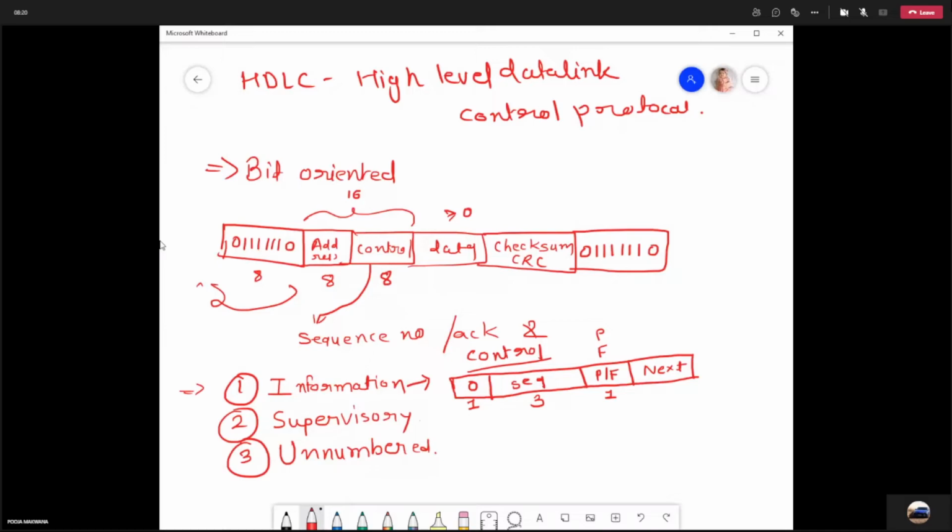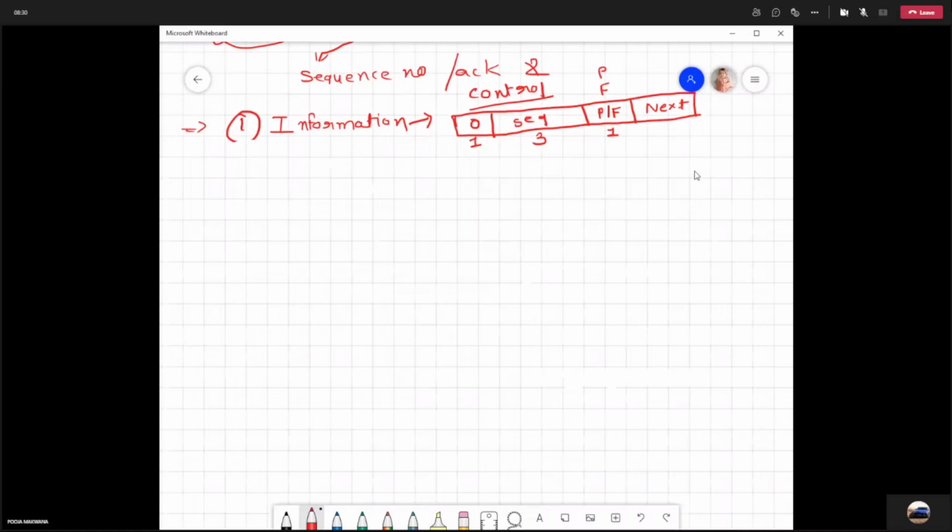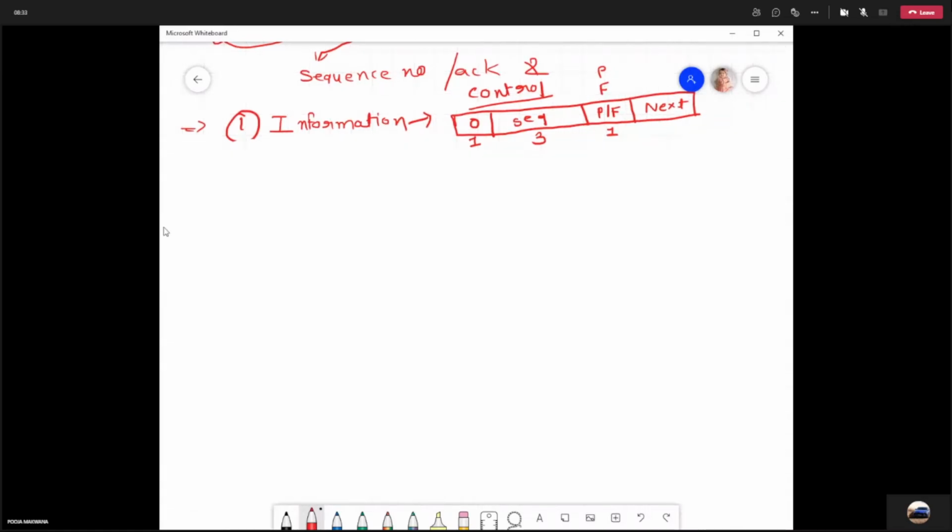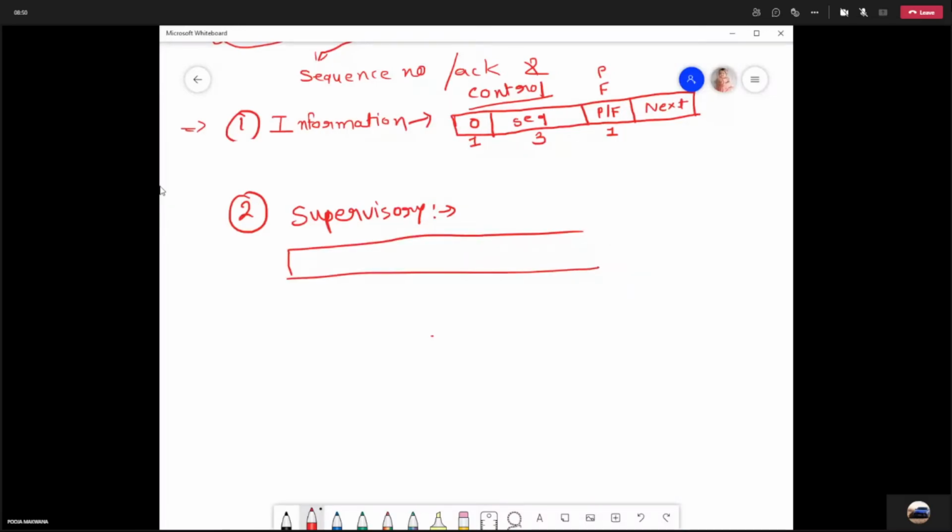Generally it is used for error control and flow control. So the second one is the supervisory frame. Let us see the control field of the supervisory frame.